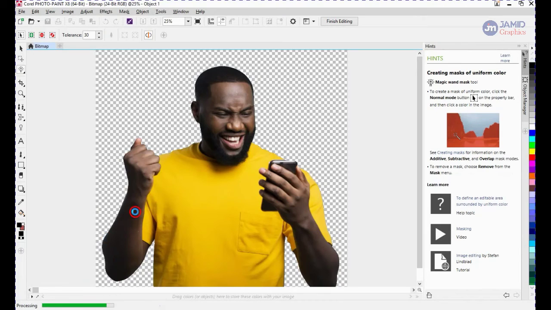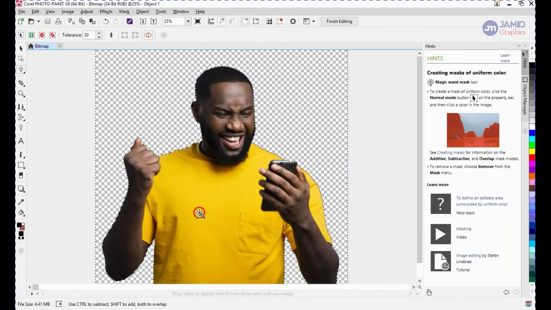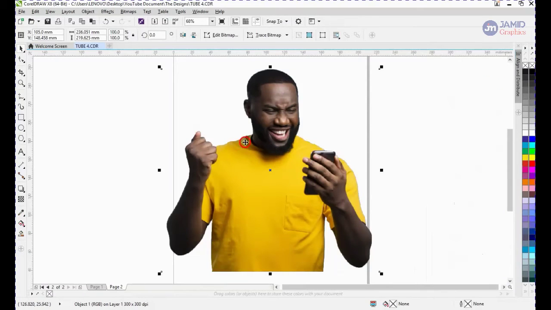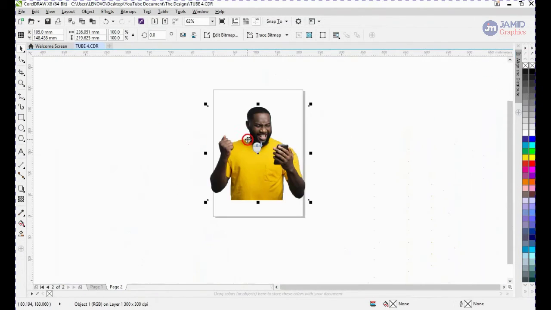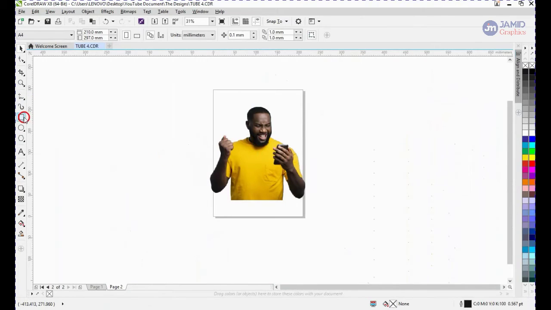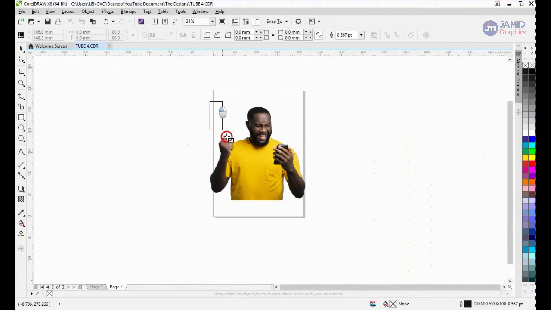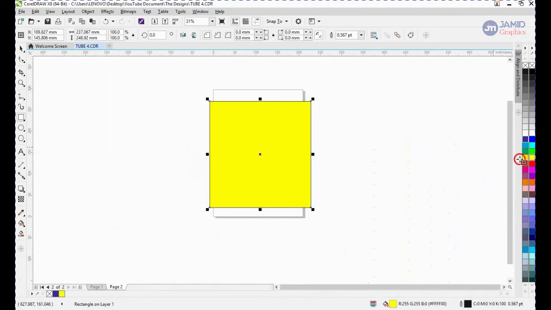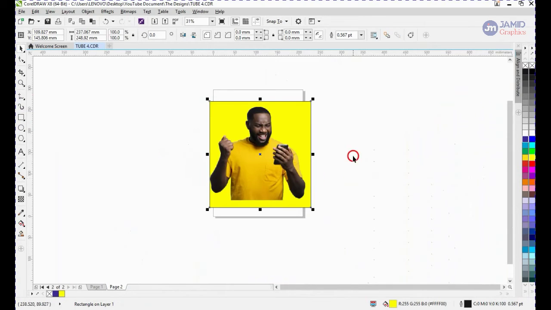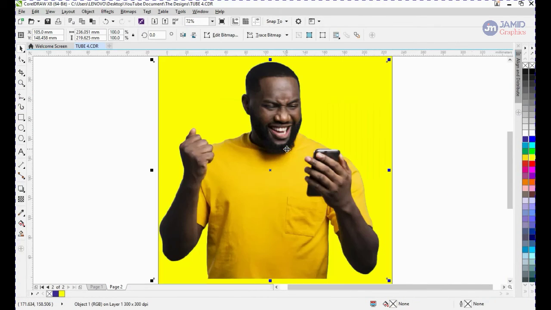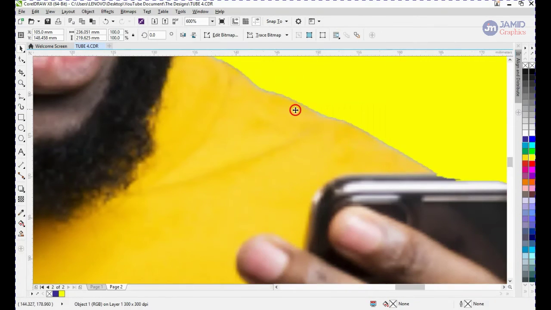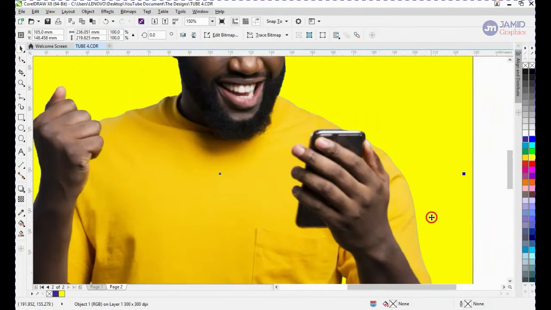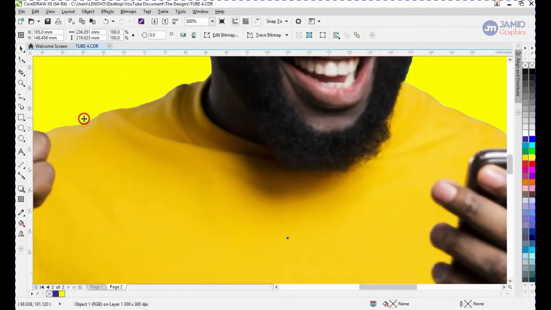I'm saving this. So as I'm saving this, it's processing. It's saving to my CorelDraw because I opened the image from my CorelDraw, so it's saving there. So now back to my CorelDraw. Voila, we already have the image. That's the background removed out. So if I make this blue and then let's say yellow to have more zoom, as you can see, my image still has a little bit of a shade of that blue